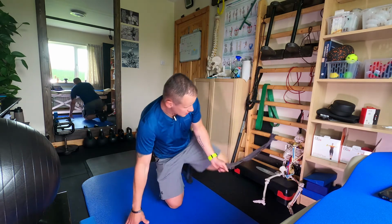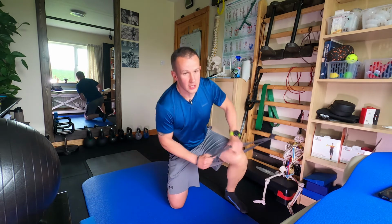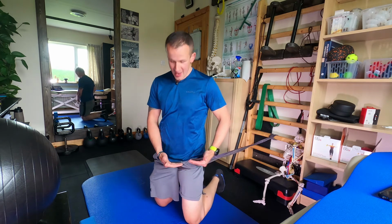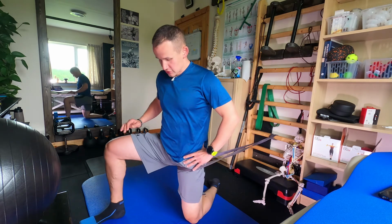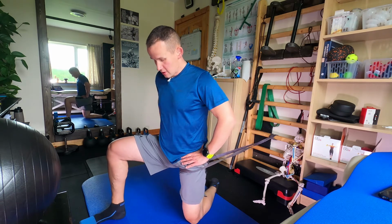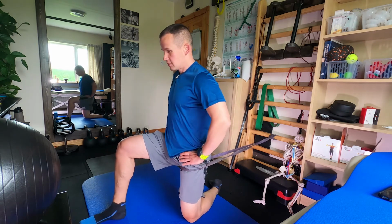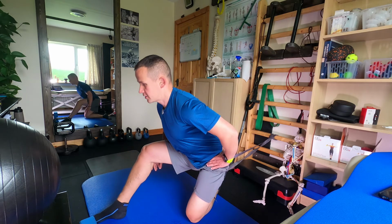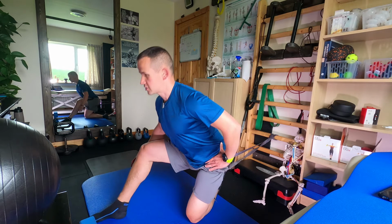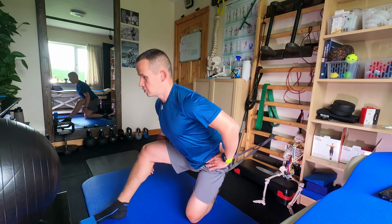I'll just switch the side for this one. So you're just going to step into the band, try to get it as close to your groin as possible. Then I'll show you on the other side. Again, just tilting that pelvis, a little bit of rotation, and then hinging back, going forward. It's going to give you a little bit of resistance, a little bit of cue